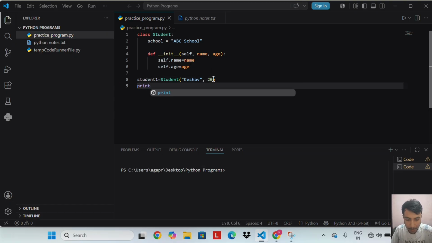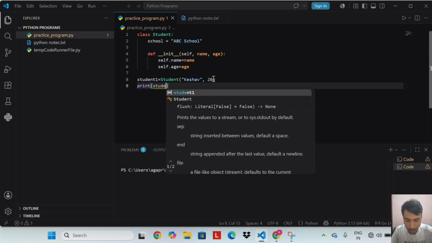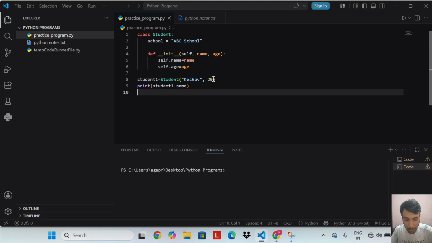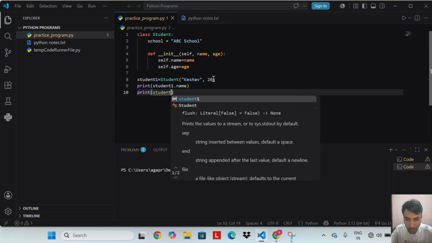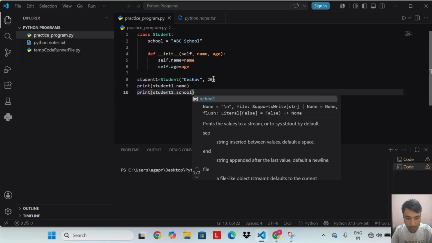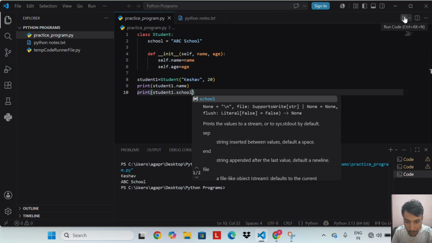Print student1 dot name. Print student1 dot school. Let's run this code. We get Keshav and ABC school as output.